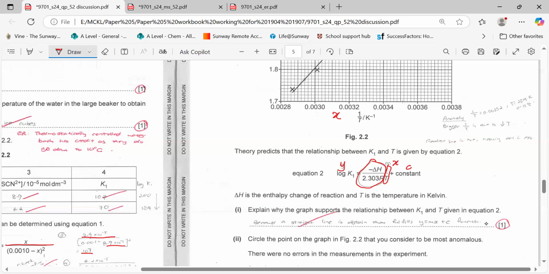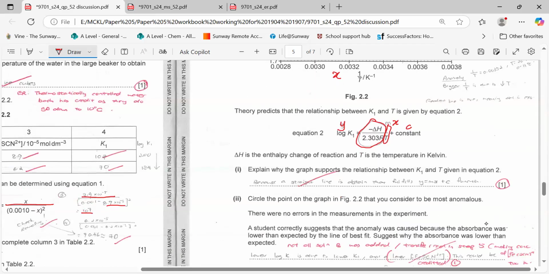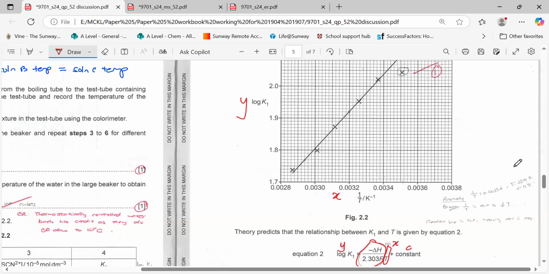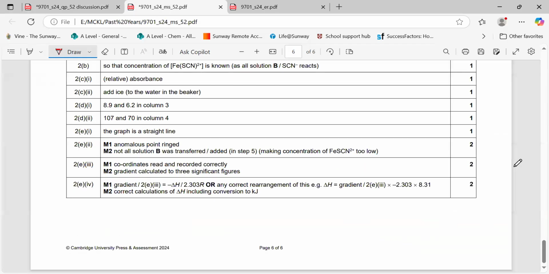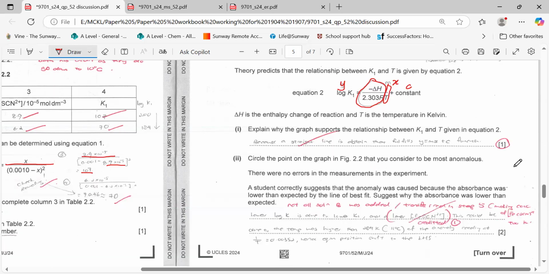They said why this graph that is having a straight line supports the relationship in equation 2. The relationship in equation 2 is y equals mx plus c. The graph is a straight line. So why the straight line supports it is because a straight line formula is y equals mx plus c. That's it. Okay. The graph is a straight line. Yeah. Now circle the point